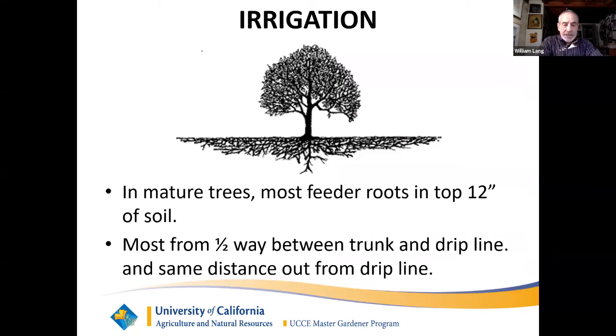Once you have it properly staked and are ready to irrigate, Katherine has already shown you that beautiful slide of the root plate of the tree and illustrates that in mature trees, most of the feeder roots are in the top 12 inches of the soil, and that they extend from the trunk to the drip line and then halfway again as much. So if that canopy or drip line is 10 feet from the trunk, then one would expect that the feeder roots could extend about another 10 feet beyond. The next slide